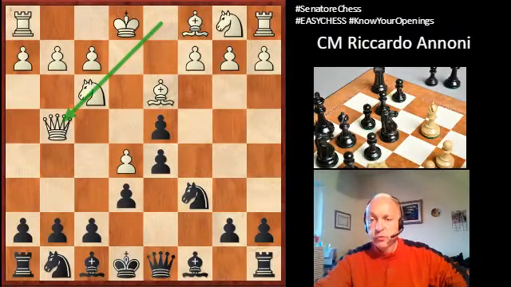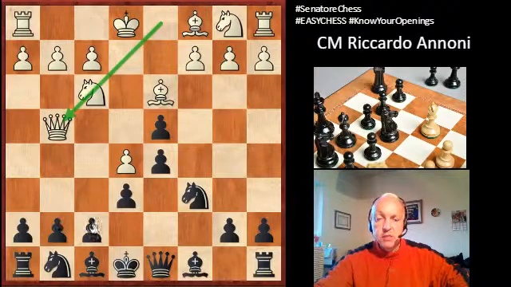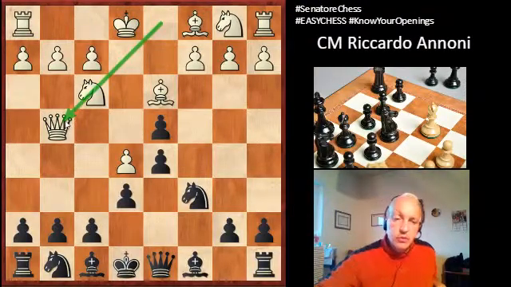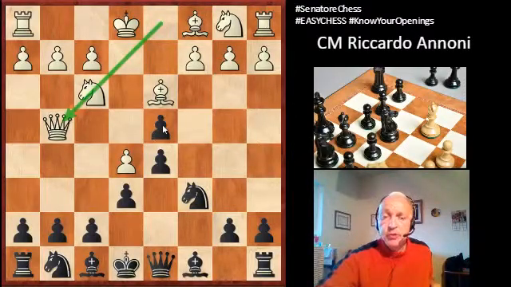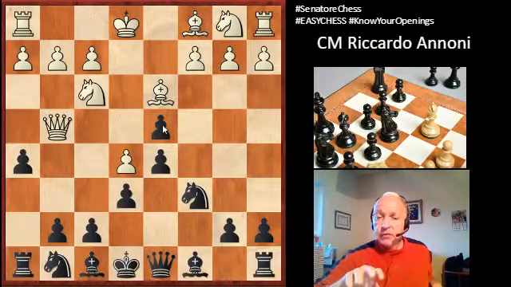And what do you do here? Okay, at this point in time, there are no weaknesses in the black camp, and the queen is quite exposed on g4. A pawn has been sacrificed. You simply go chasing the queen away. h5. We already see that method of play in the line of the French Tarrasch